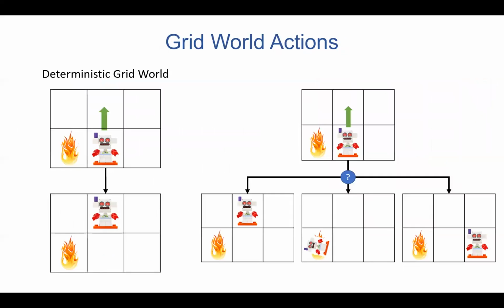In a deterministic grid environment, we start with the tree, with the root. Our intention is to go north, step away from the fire, and we take that action. Exactly the same as in a search problem. In a deterministic search problem, there was a 100% probability that if we are going to go north, we're going to go north.